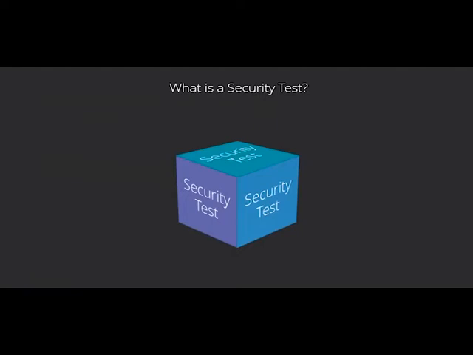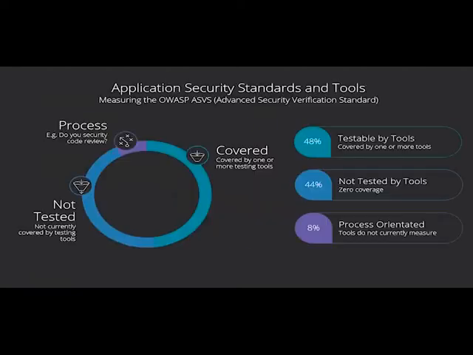So let's look at how this applies to security, and in particular security standards, which is typically the measuring stick by which security is measured. Here we're going to take a look at one of the particular security standards from OWASP, the Application Security Verification Standard, which I usually get wrong when I'm trying to pronounce it. I'm actually one of the contributors to this document. This is kind of like the OWASP Top 10 on steroids.